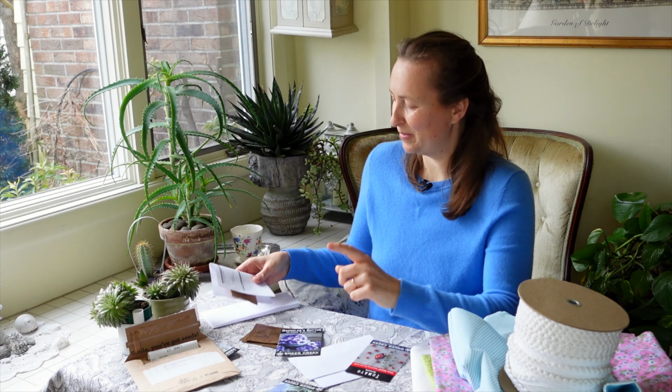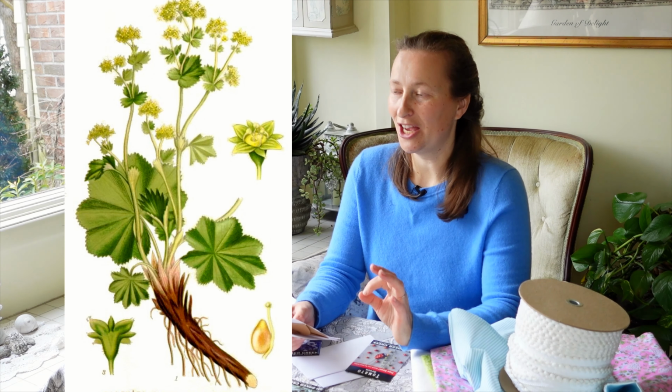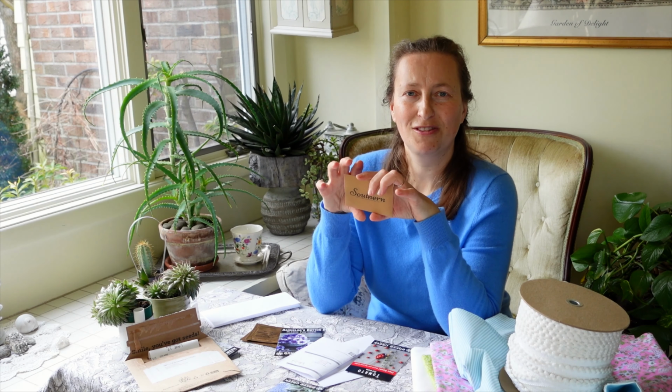The exciting development number 2 is lady's mantle. I see it everywhere, but I never grew it in my garden. And I do like that wonderful greenish color which lady's mantle has. I know it can be a bad neighbor for all other plants around it. And I know that lady's mantle does need to go through at least 4 weeks of cold time. So I'm not sure if these seeds from Southern Seeds Company were in cold